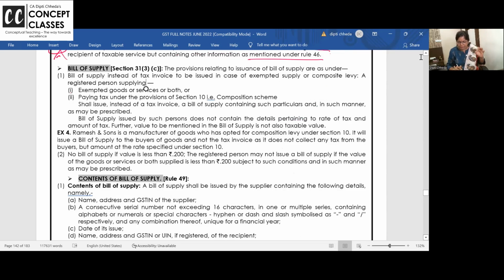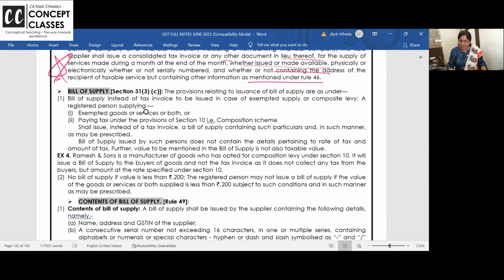Now, very simple, so we can complete it now. Tax invoice, revised tax invoice, consolidated invoice, and revised consolidated. 4 are over. Next 2 or 3 are very simple. Bill of supply. Who will issue a bill of supply? A person who is in composition cannot issue a tax invoice. A composition person cannot charge tax from you, so he cannot issue a tax invoice. But he has to give an invoice, because he is registered. He will give a bill of supply.